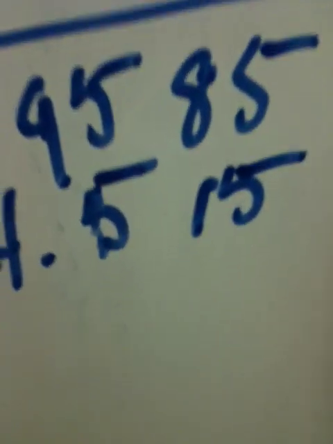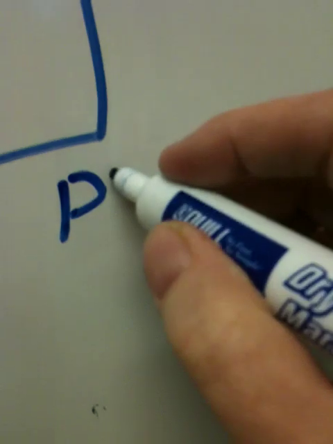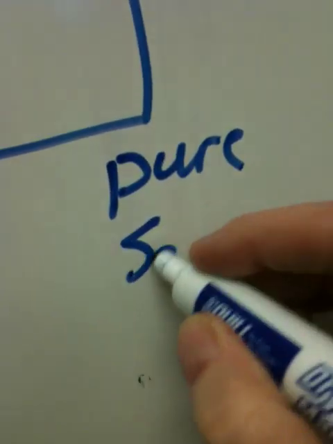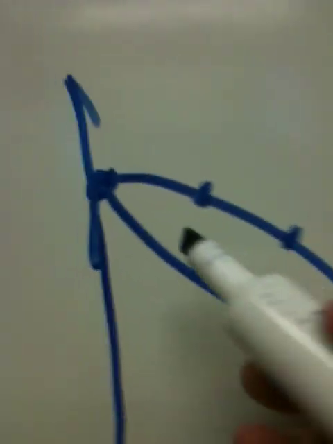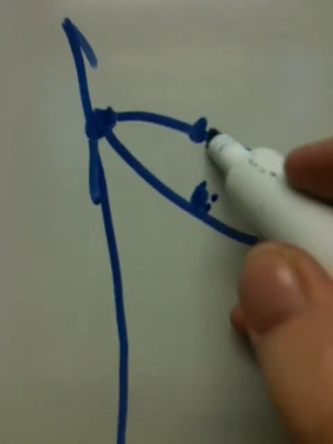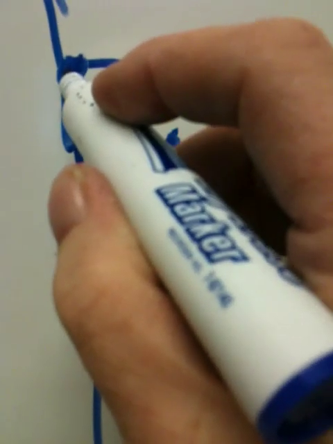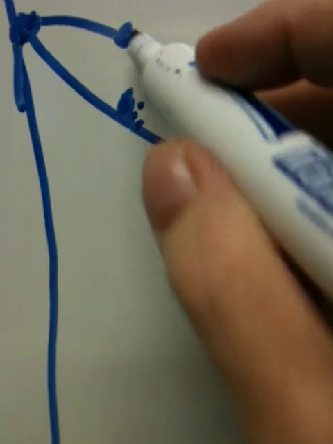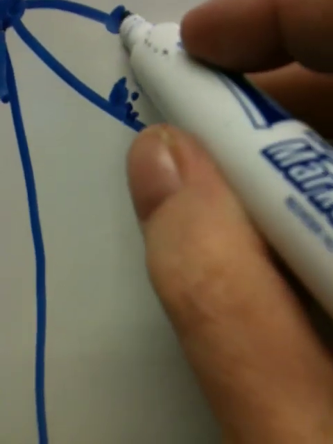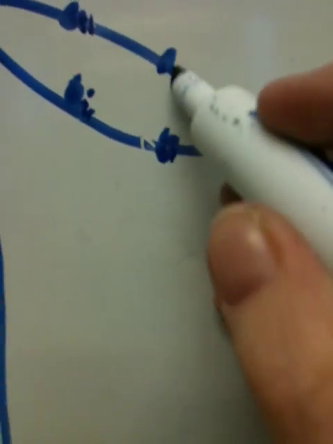85.15. Okay, this would be pure salicylic. Okay. So you're trying to create this graph. This lower point is the beginning of melting, the end of melting. Pure sample melt sharp, lower, upper, first drop to when it's all liquid,